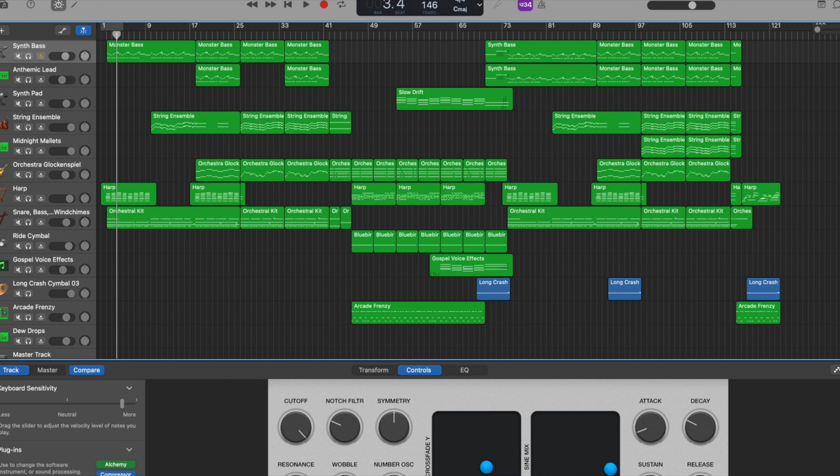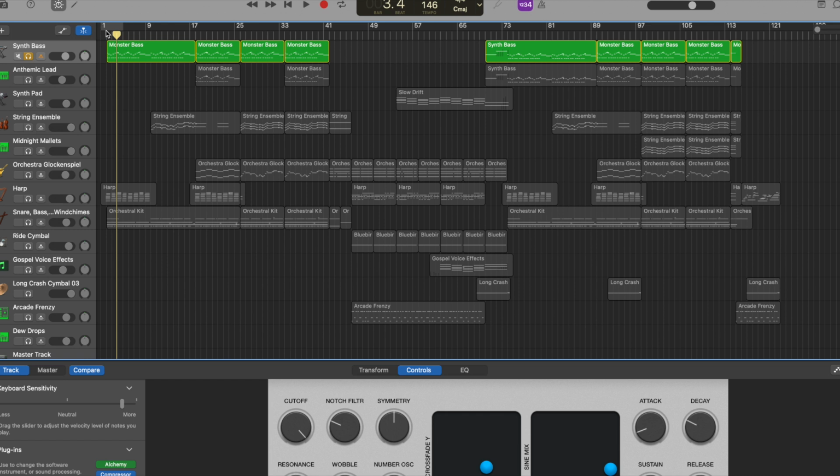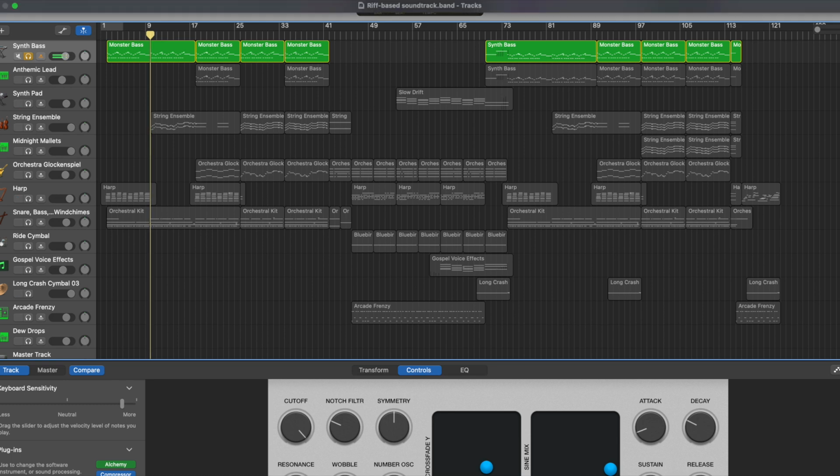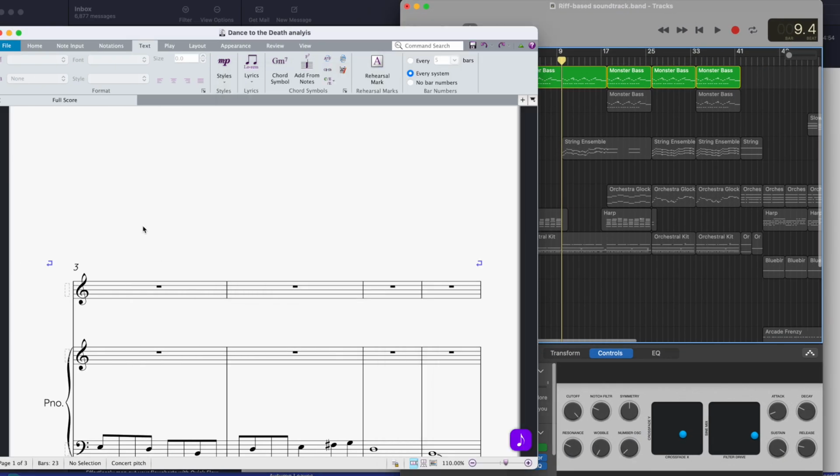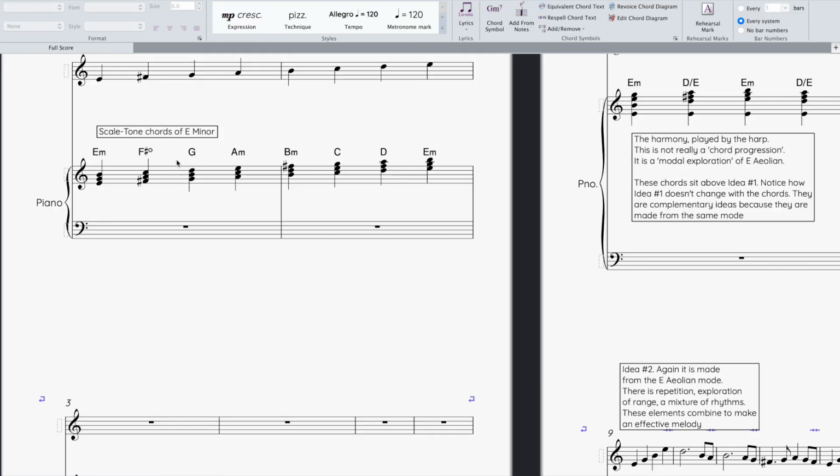So let's get started. Our first idea in this piece occurs in the synth bass, and here is what it sounds like. Cool, there's our first idea. And if we jump across to the score, before we look at that riff, let's have a look at what